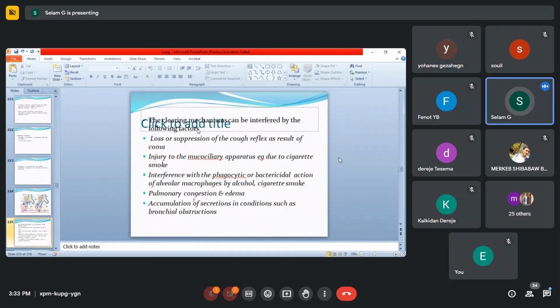Interference with the phagocytic or bactericidal actions of alveolar macrophages by alcohol or cigarette smoking may interfere with this clearing. Pulmonary congestion and edema, and accumulation of secretions in conditions such as bronchial obstruction, like in bronchiectasis and the like, will hamper this clearing mechanism,